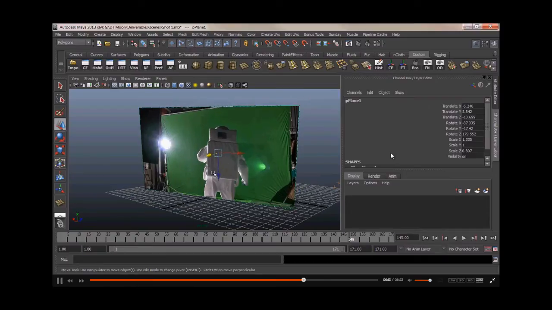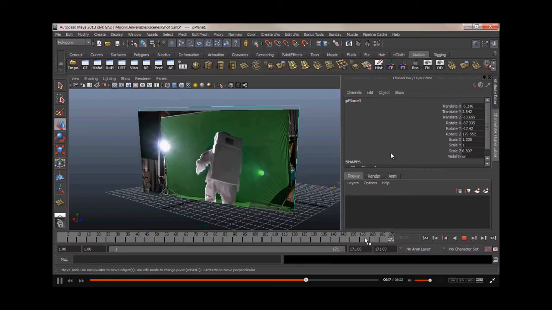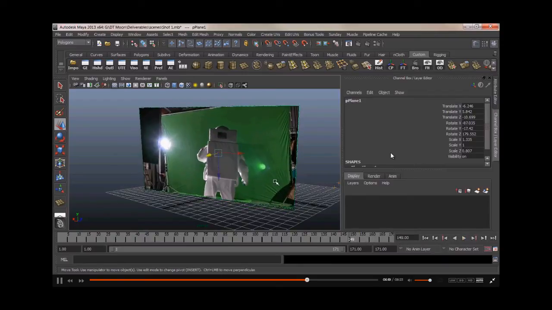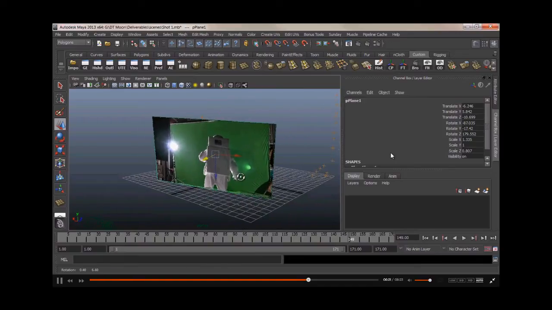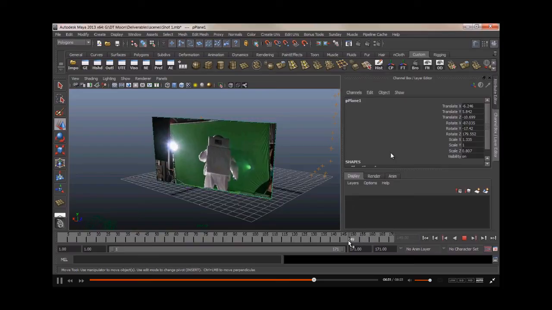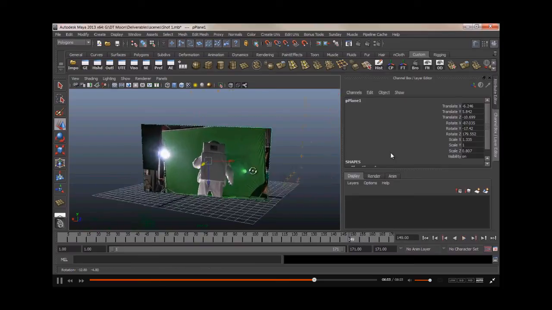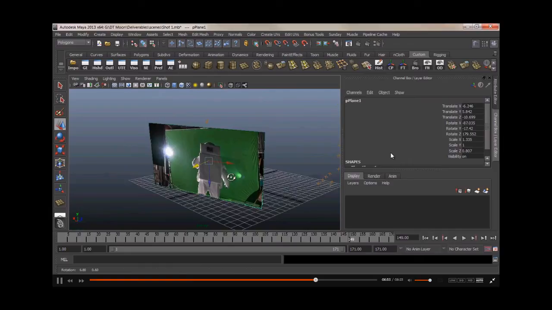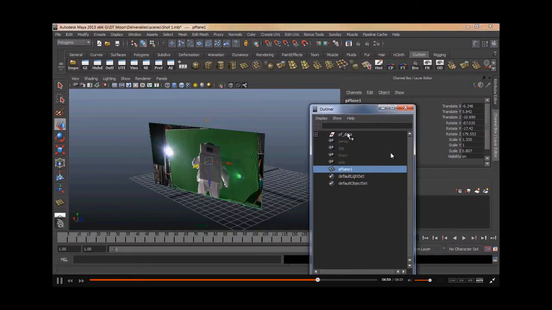But you'll notice that the viewport background of the match move camera is moving, but this card isn't. We need that camera to drive the movement of our card. So on the frame that you aligned it, it's very important to have the exact frame. Mine is 149. We just need to go into our outliner, and I'm going to make a copy of